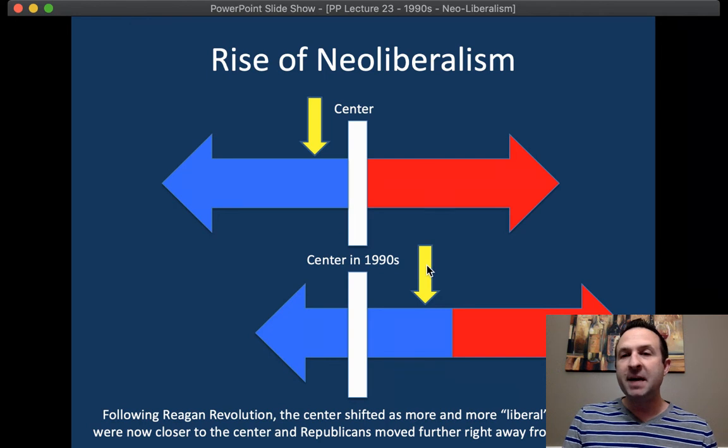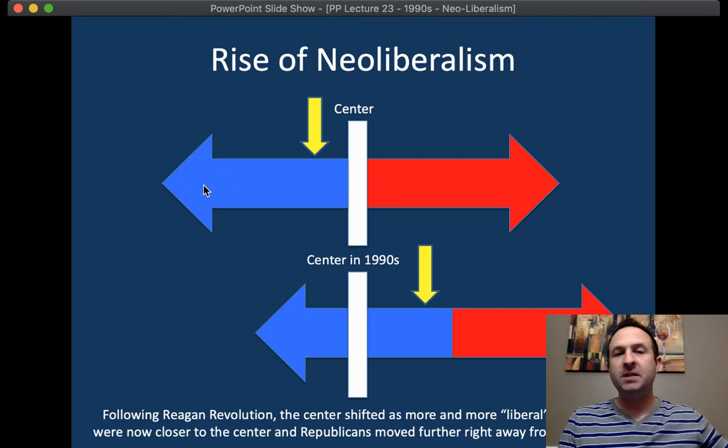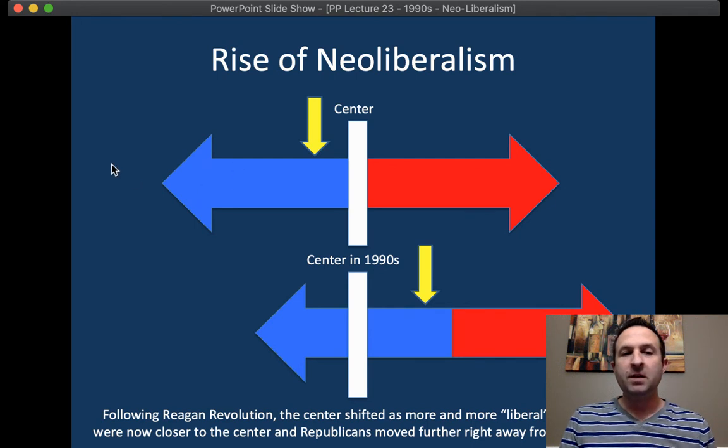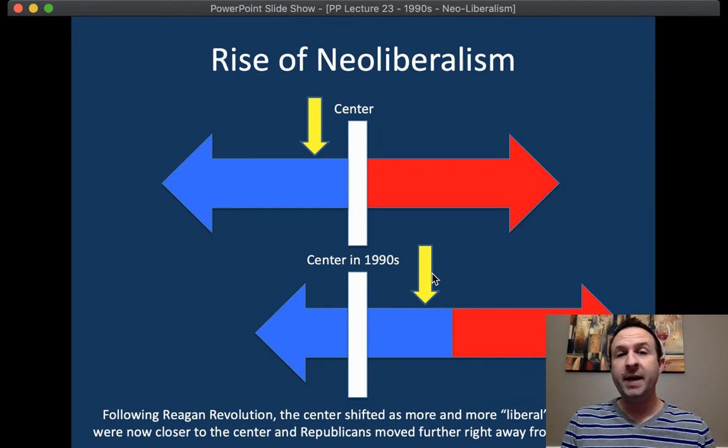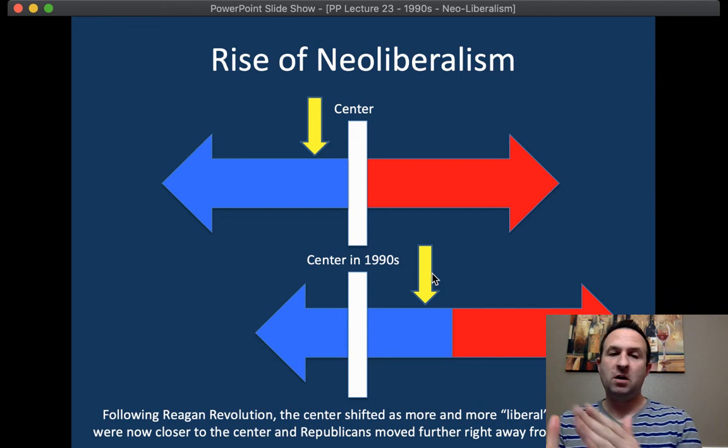So even if you're a Democrat who believes in those liberal values, that maybe you weren't extreme way out there, you're not the Bernie Sanders or the AOCs of the world, but you're somewhere near center here, but you're still left-leaning, Democratic, liberal. That same left-leaning Democratic liberal now is way to the right of center. In other words, they're more conservative. And that's why I had a professor at University of Houston who argued that Barack Obama, in many respects, on many issues, was actually to the right of Ronald Reagan, because Reagan shifted it so far to the right